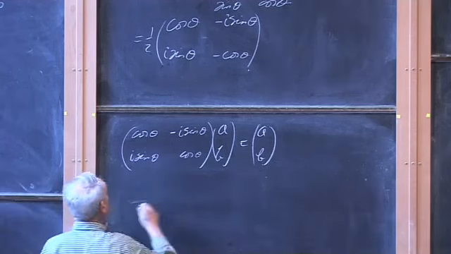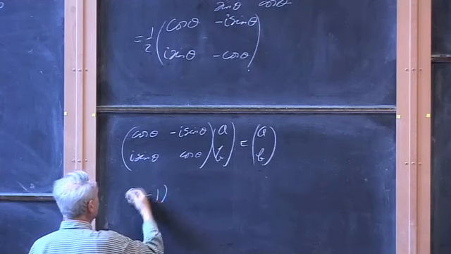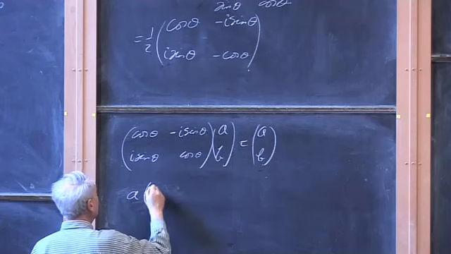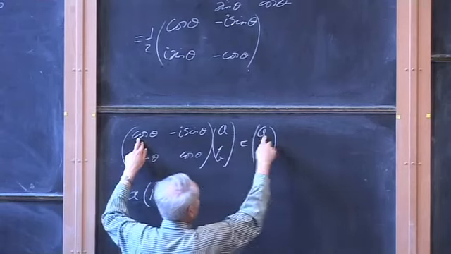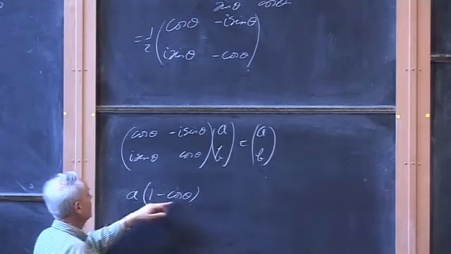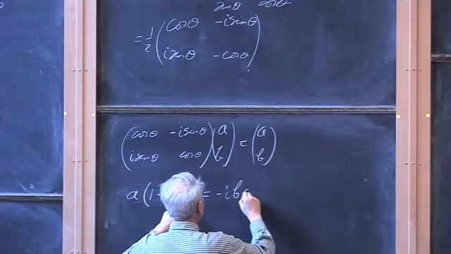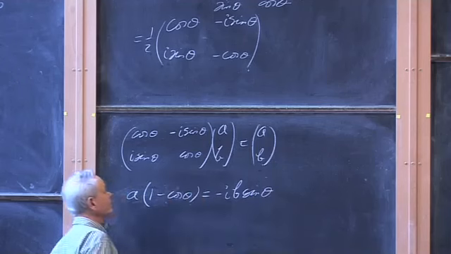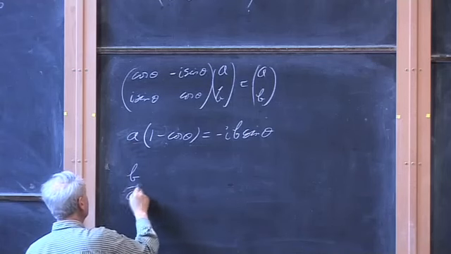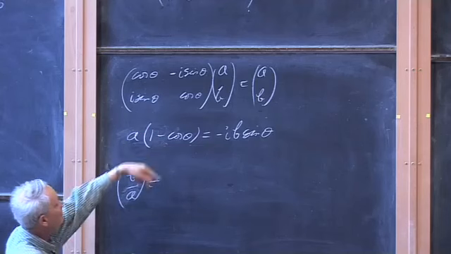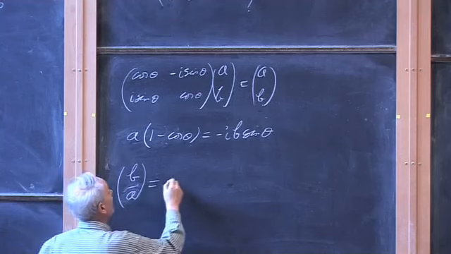So we merely need to look at the top equation, and it says that A cos theta minus A, that is A times brackets 1 minus cos theta. So if I go on the right-hand side, we'll have A into 1 minus cos theta is equal to minus I B sine theta. In other words, it's only the ratio of B to A that I can determine out of this. The absolute values have to be determined from a normalization condition,